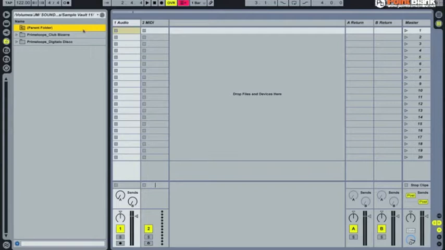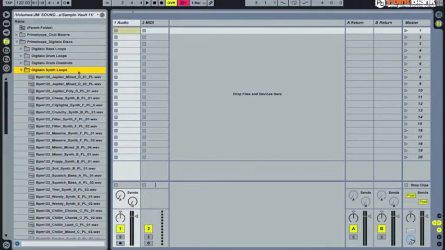I've got here a couple of libraries in my sound library, in this case 2 folders from Primer Loops, Club Bazaar and Digitalo Disco. I'm just going to go into Digitalo Disco and have a look at what we've got. We've got bass loops, drum one-shots, so individual kicks and snares and hi-hats, and some synth loops. And I'm going to show you a really cool way to extract little sections of these loops and make them your own. If I just audition some of these loops,